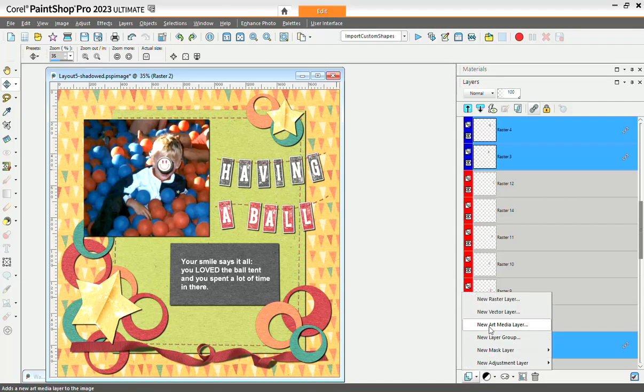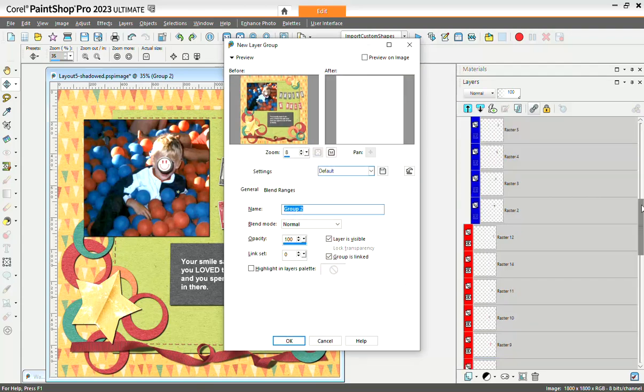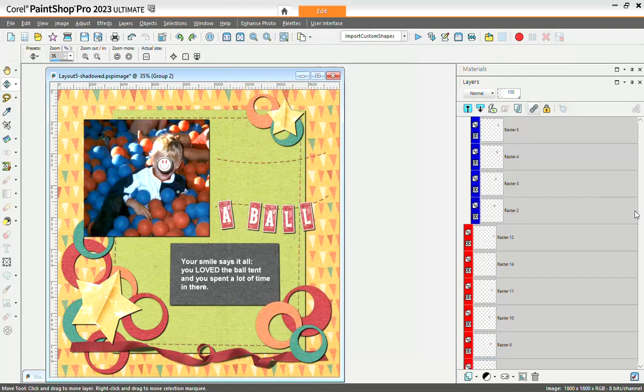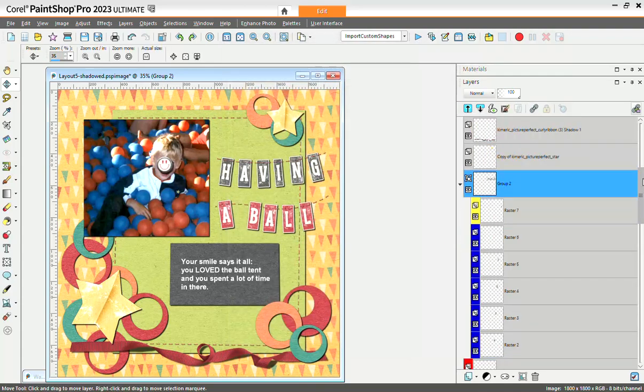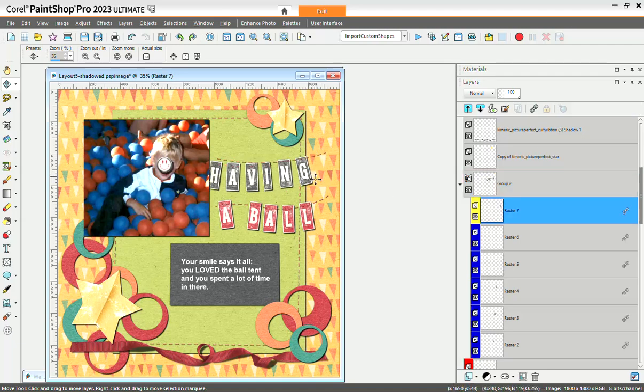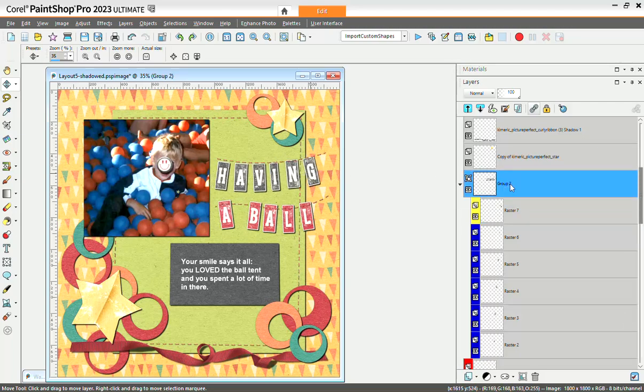And if I do here new layer group, it's going to create a group at the highest level. So now they will move together. Also, they are linked, but even if they weren't linked, one advantage of the group is that now you can